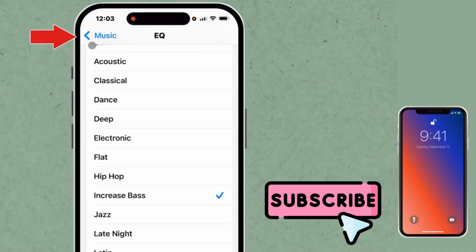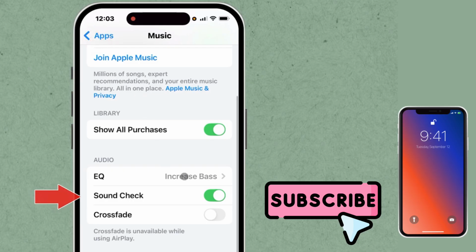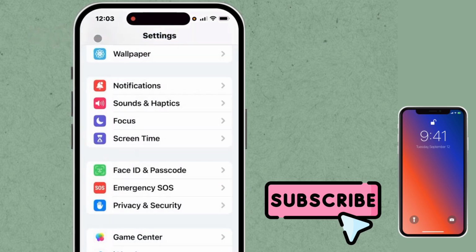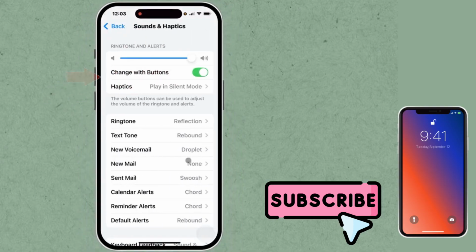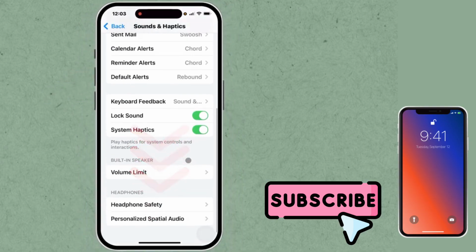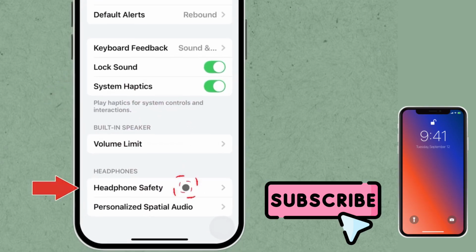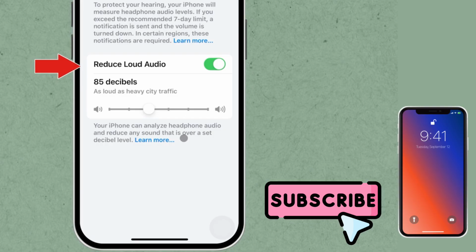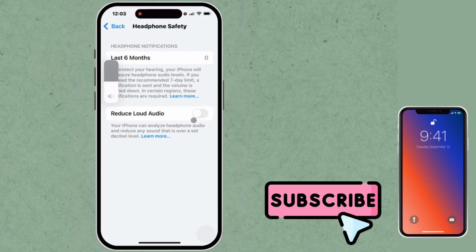Go back and turn off Sound Check to prevent leveling audio. Navigate back to the main settings page. Tap on Sounds and Haptics. Then scroll down to select Headphone Safety. Toggle off Reduce Loud Sounds to increase the maximum volume for